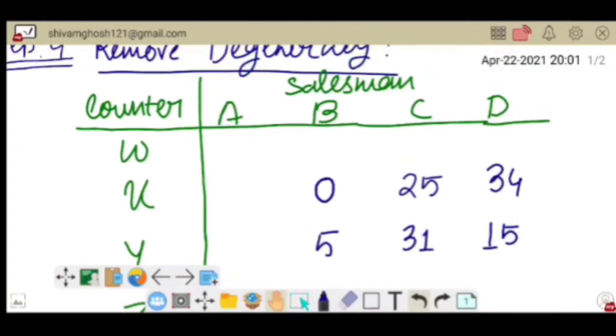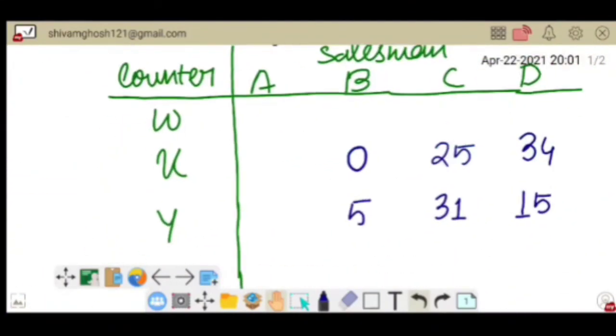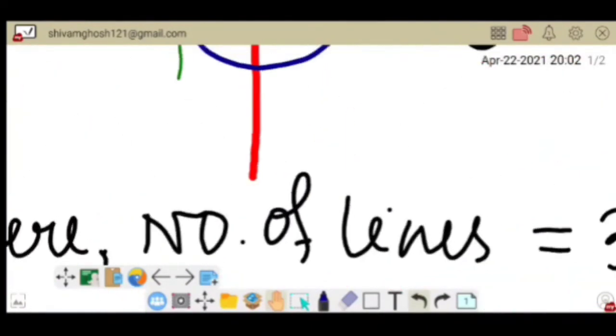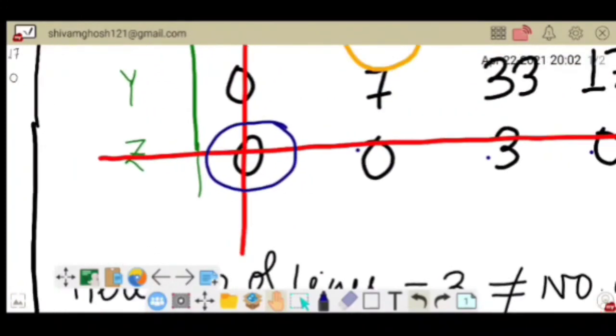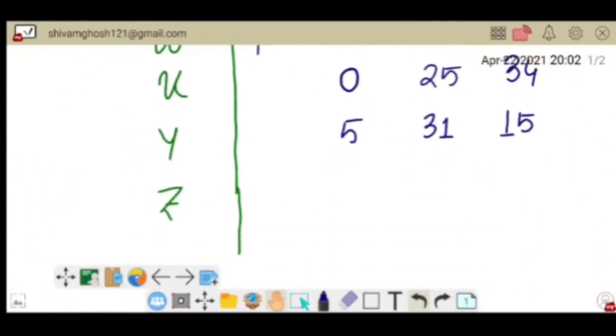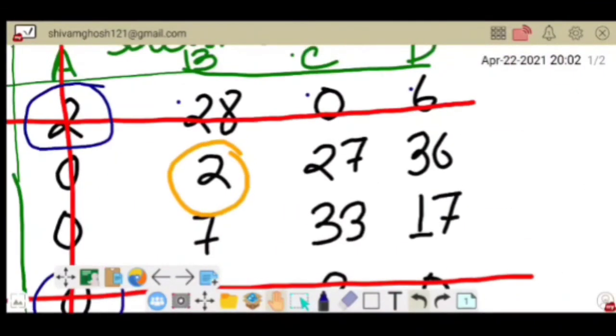And at the intersect point we will add 2 with the intersect element. It is written here 2, and plus 2, so the amount will be 4. And there is another intersect point below, that is 0, and we have to add 2 with 0, that will be 2. And the other elements on which the line has been drawn remain constant, that is 28